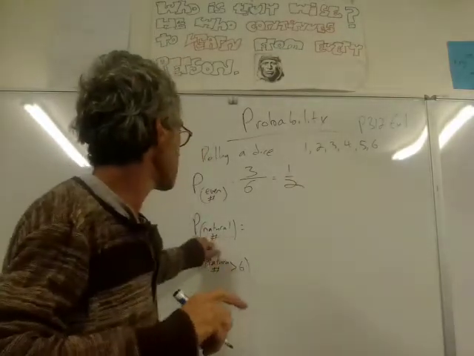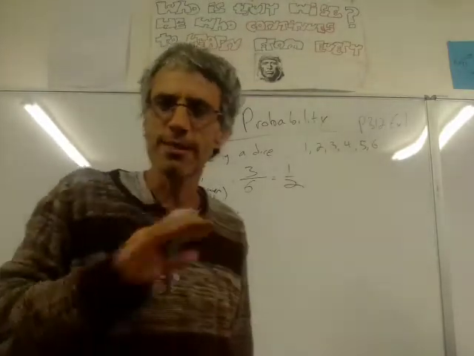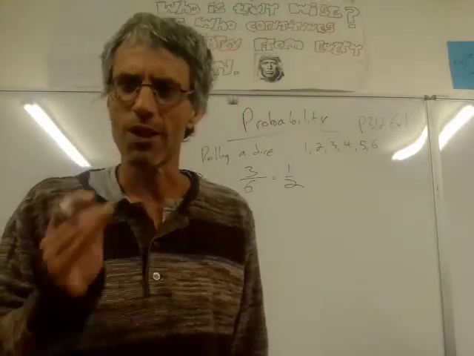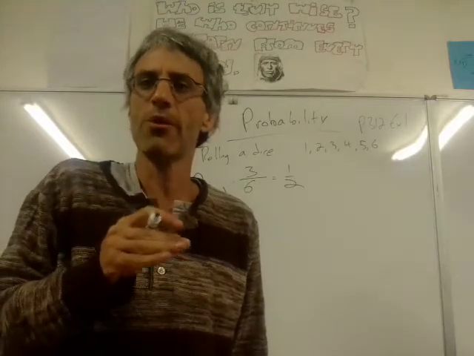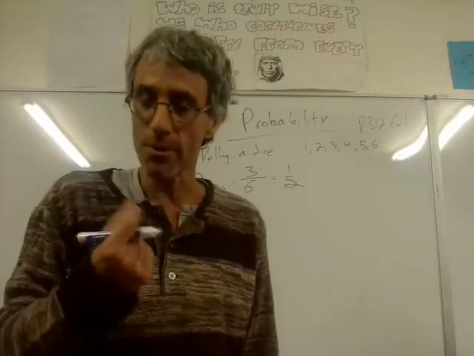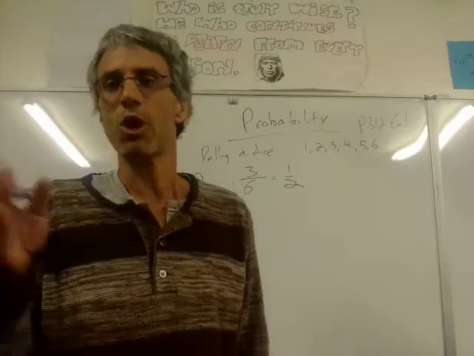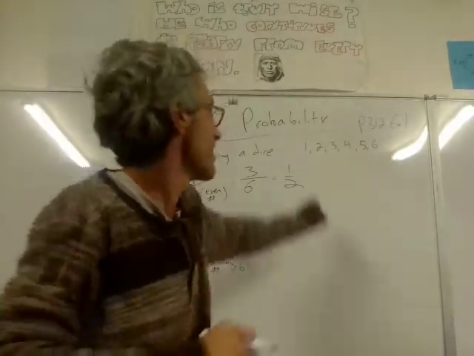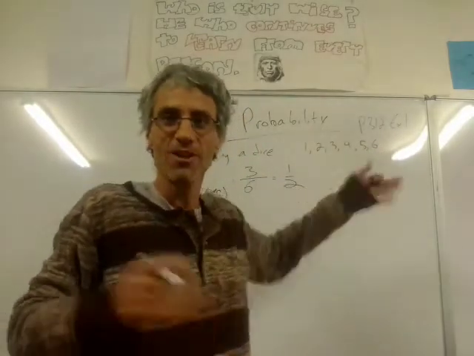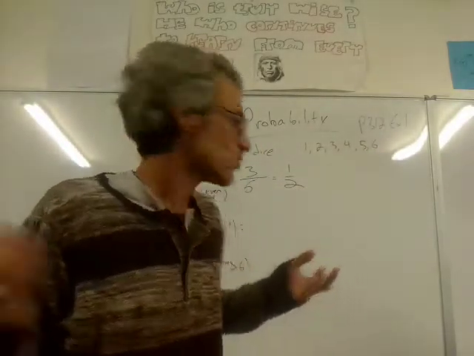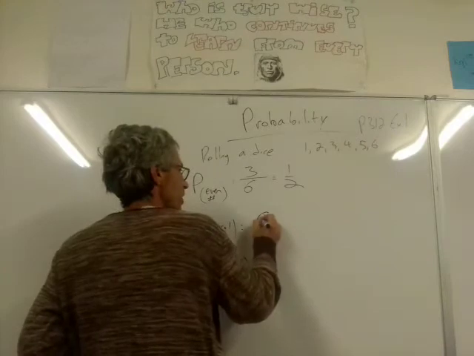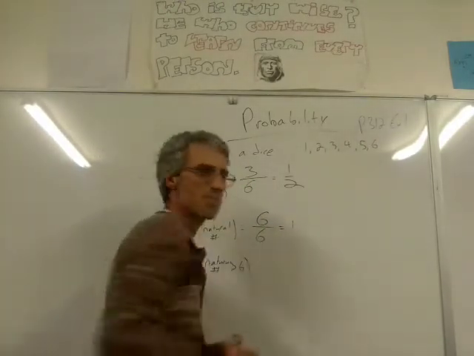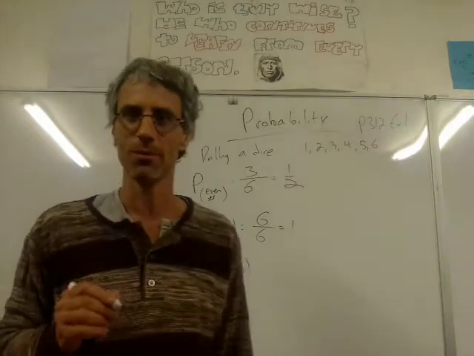Next, what's the probability of getting a natural number? Now that's a very easy answer, but probably a lot of you forget what a natural number is. Well, a natural number is an integer, a whole number, which is bigger than 0. So 1, 2, 3, 4, 5, 6, 7, 8, all of these are natural numbers. Are there any non-natural numbers? No, they're all natural numbers. So the probability that I'm going to get a natural number is 6 out of 6. They're all natural numbers. In other words, it's 1, 100%. We're going to get a natural number.